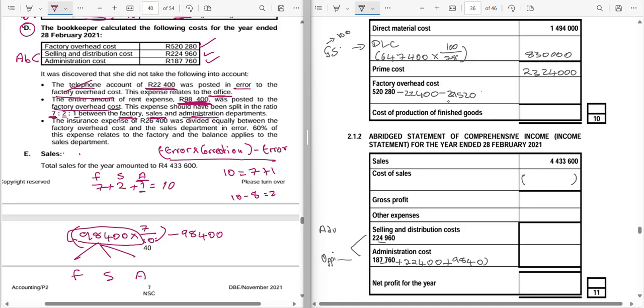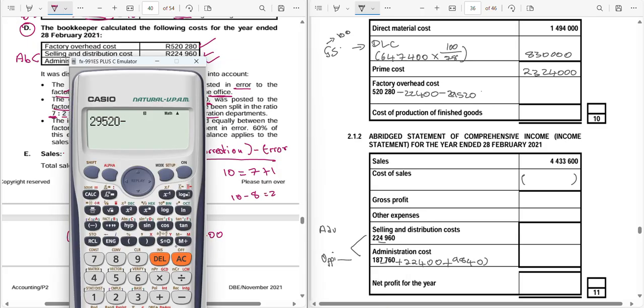So since we know, we can just take this amount of 29,520 minus 9840. We are going to get the one that must go to distribution there. So we are going to say minus 9840. We get 19. We say plus